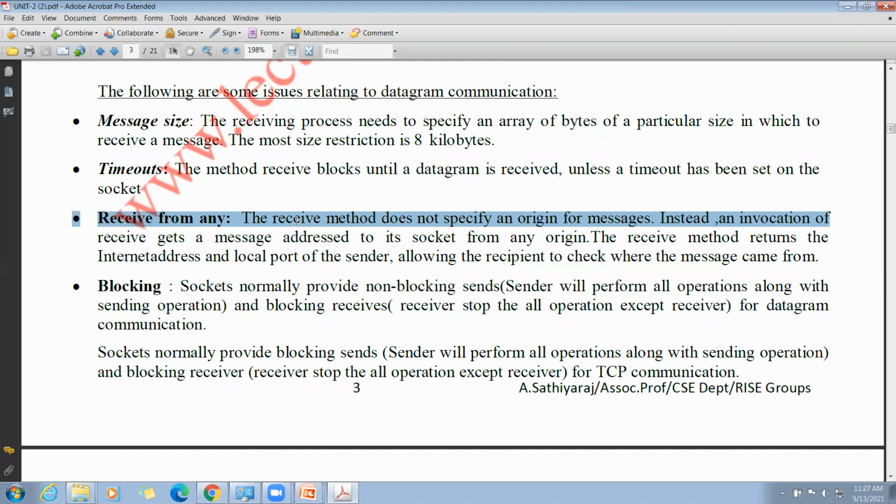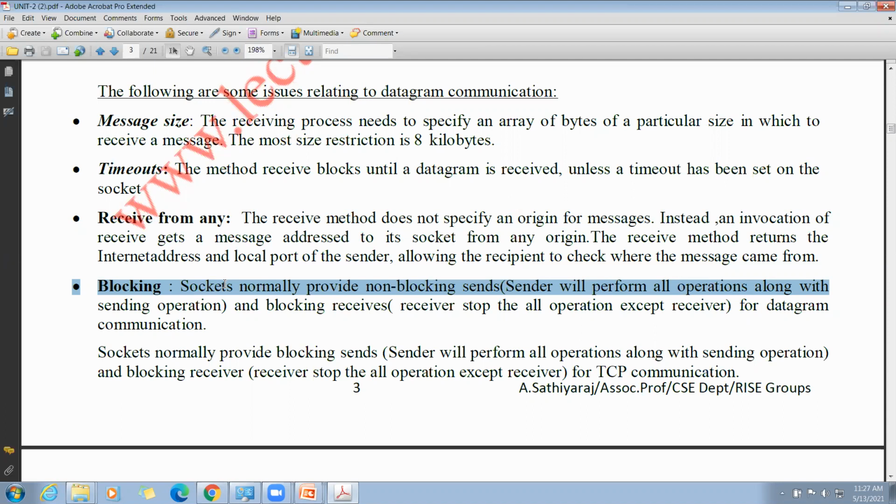Here, the sockets normally provide non-blocking sends and blocking receives for datagram communication. Note this point, students. For the datagram communication, non-blocking sends and blocking receives.